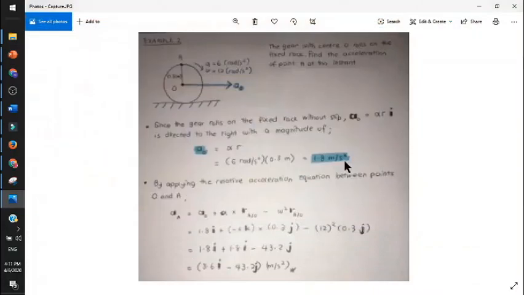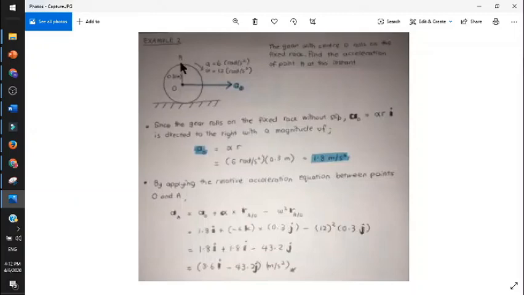Then by applying the relative acceleration equation between points O and A, as usual, just write the relative acceleration equation: AA equal AO plus alpha times RAO minus omega squared RAO. So AO is 1.8i, which we already determined just now, and it is only i component, we don't have j component, plus alpha, negative 6k,